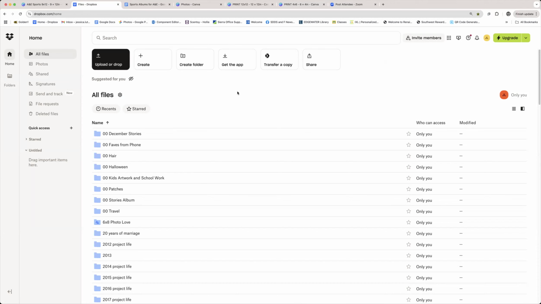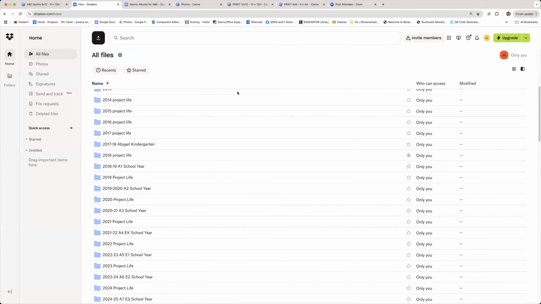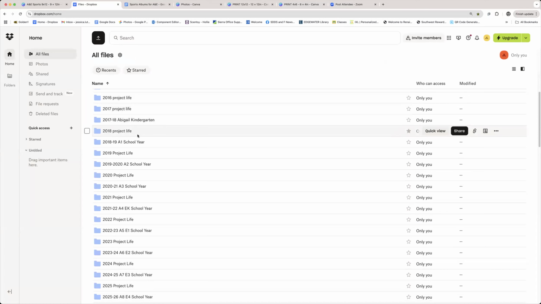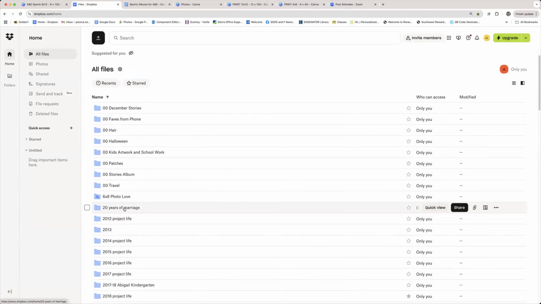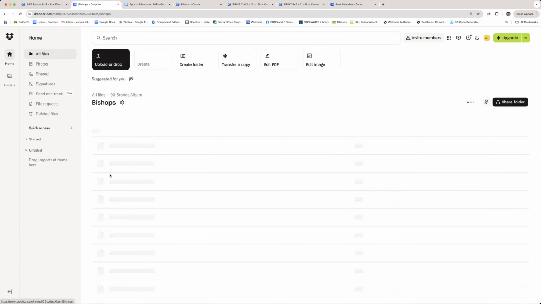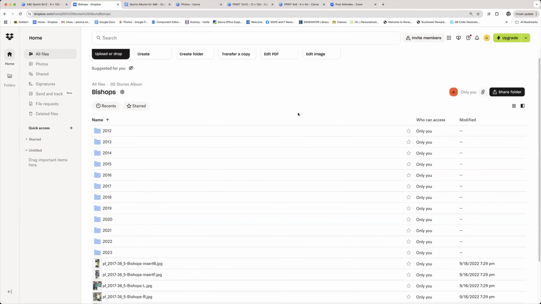But in general, Dropbox, I have a ton of folders in Dropbox. I've got year folders, I've got kids' school folders, I've got project folders. So I tend to keep all of the story album folders in a story albums folder. So let's open this up here.